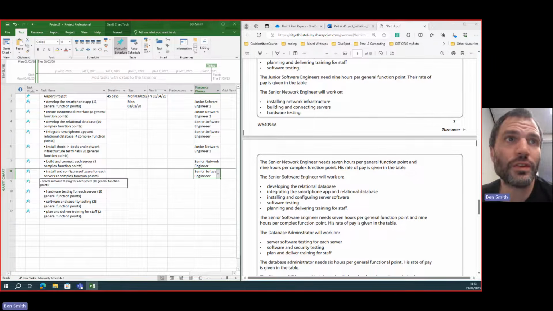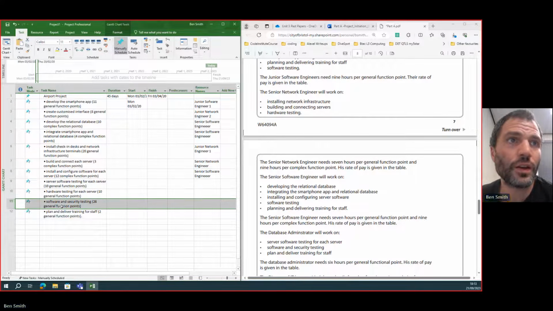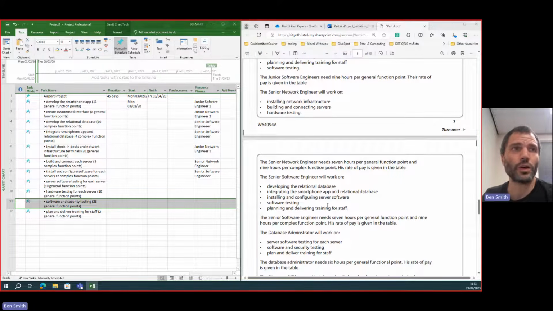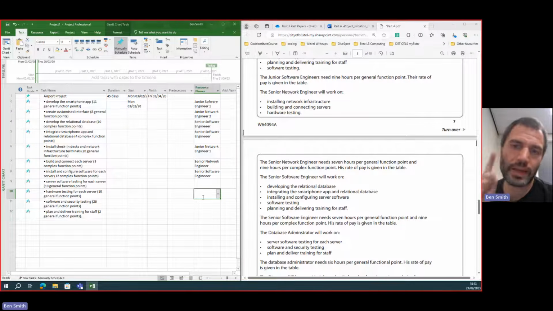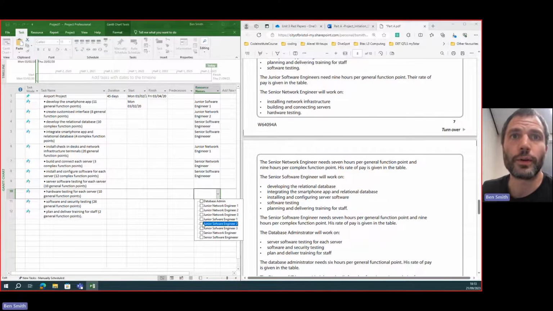And then we've got some of these testing activities: server software testing, hardware testing, software and security testing. So hardware testing sounds like a network engineering job. Let's put a junior onto it. It's going to be cheaper. This could also be a negative point when you come to justifying why you're doing it. If you put a junior on, they may not do as good work, right? So hardware testing for each server. So I'm going to put junior network engineer